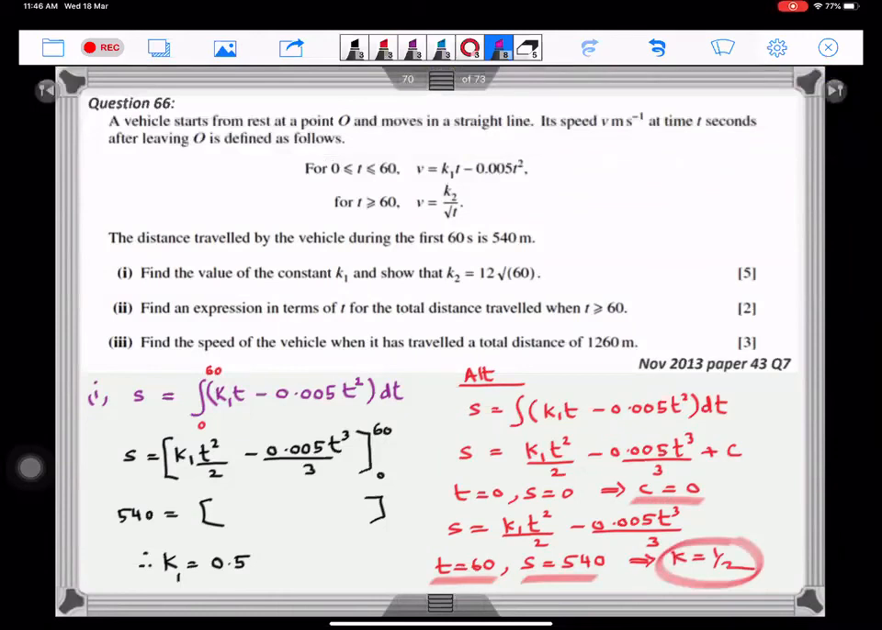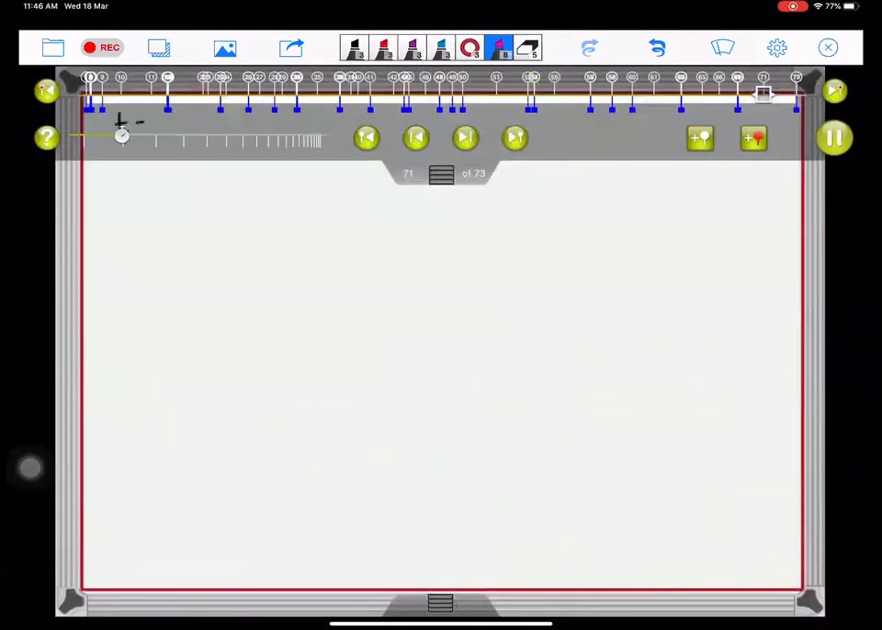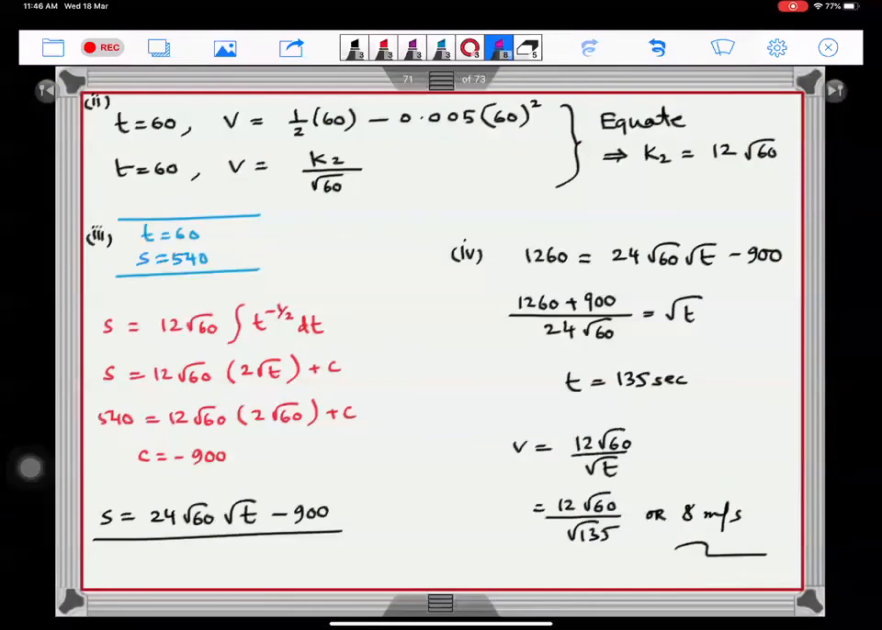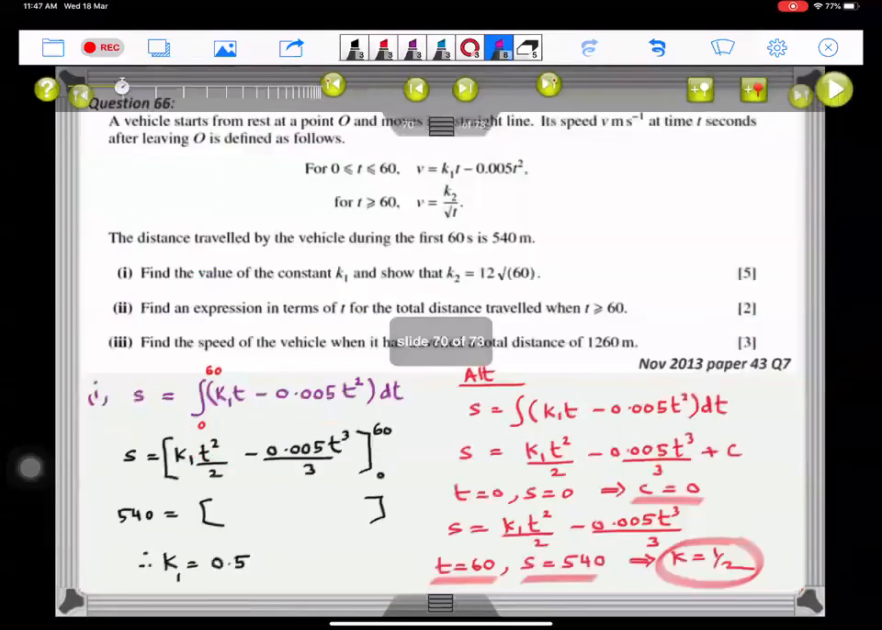Now, what does it say? Show that K2 is 12 root 60. Now, this time I cannot get away with integration. The reason being, I don't have the time interval for the second, and I don't have the distance given. But the time value 60 is part of the first as well as part of the second. Velocity obtained at time t equals 60 from the first equation should equal the velocity obtained from the second equation. So therefore, when time t is equal to 60,